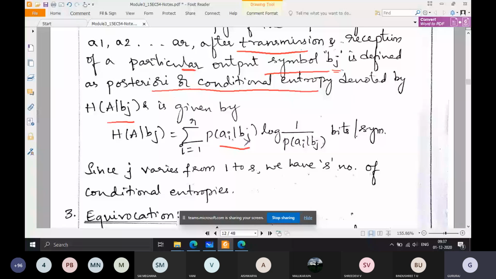What type of conditional entropy is this? P of Ai by Bj. Input. Yeah, it is the input conditional probability. P of Ai by Bj into log 1 by P of Ai by Bj bits per symbol. Okay, so this will be equal to